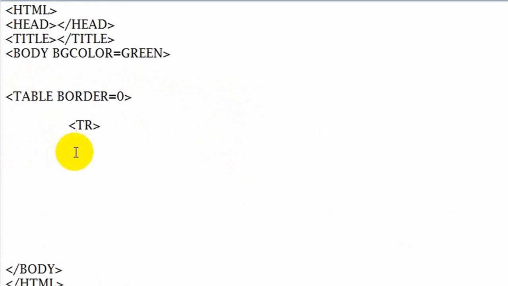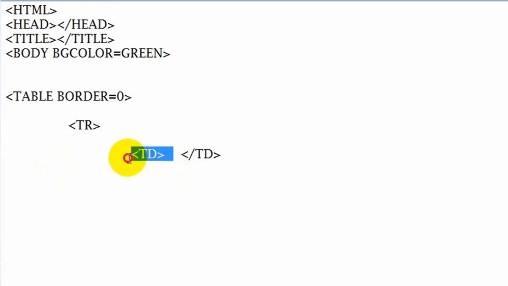Table row, okay, and inside this table row, let's begin table data. Table data. Now close this table data. Inside this opening table data and closing table data tag, we can specify the picture location.